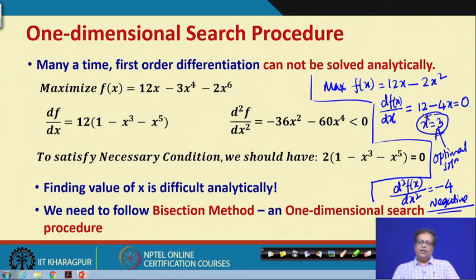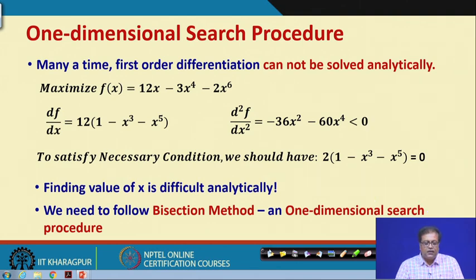All right. So, once again look what we have done. We have a problem, maximize f(x) equal to 12x minus 2x squared. We took the first derivative and we got 12 minus 4x. We put that equal to 0 and we got x star equal to 3. So, when we got x star equal to 3, that is our optimal solution for maximization, because the second derivative is equal to minus 4, which is negative. There is no difficulty here. All right. So, this simple example is very easy, we just solve and there is no confusion whatsoever.